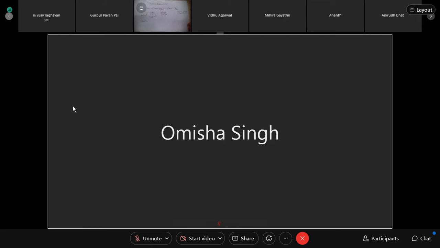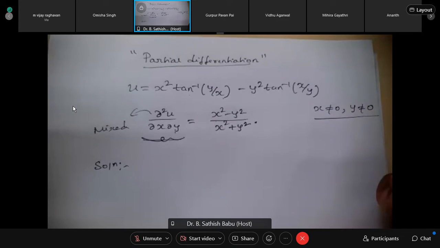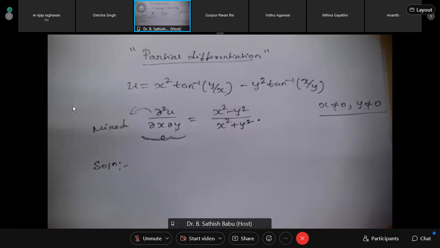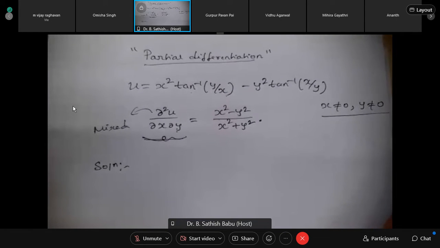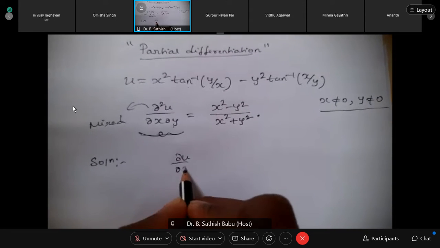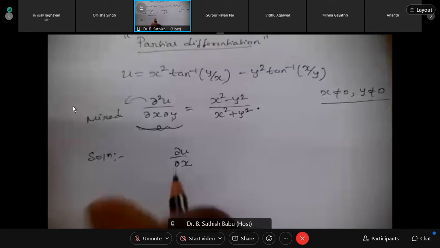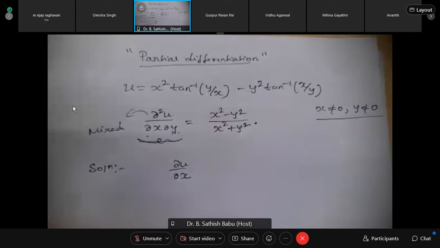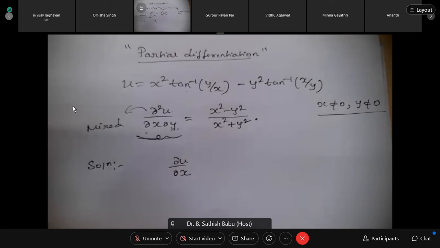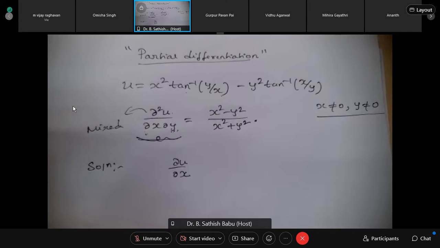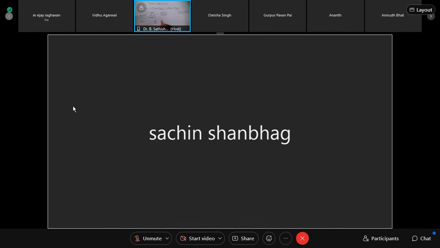In that case, the mixed partial derivatives are the same, right? If the function is continuous and if it possesses continuous mixed partial derivatives, that is sufficient along with the continuity condition. Then can I first take differentiation with respect to x and then with respect to y, because dou square u over dou x dou y is the same thing as dou square u over dou y dou x, right? Have I proved such results in the previous class? Yes, sir, you made us prove it. Okay.